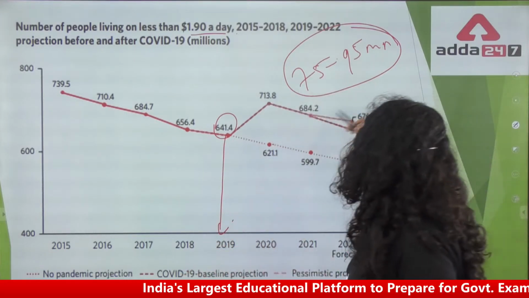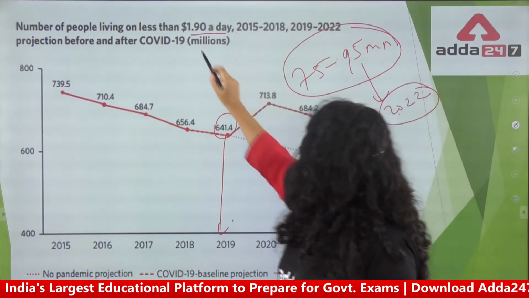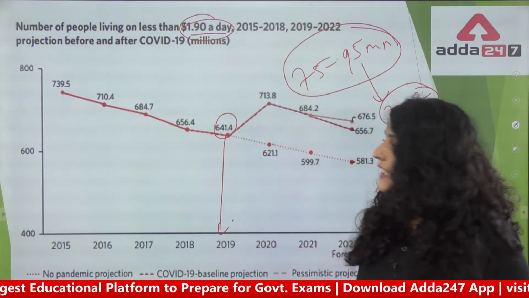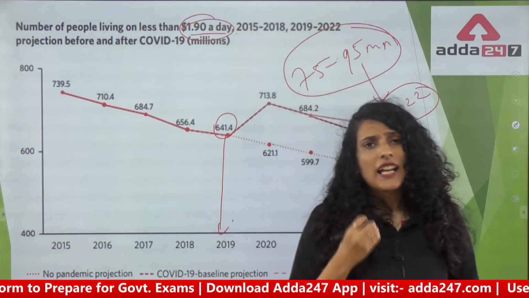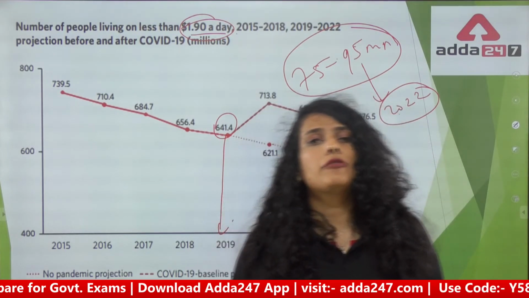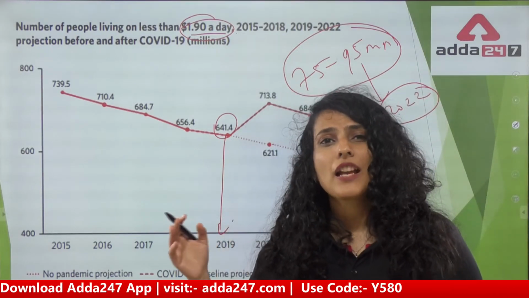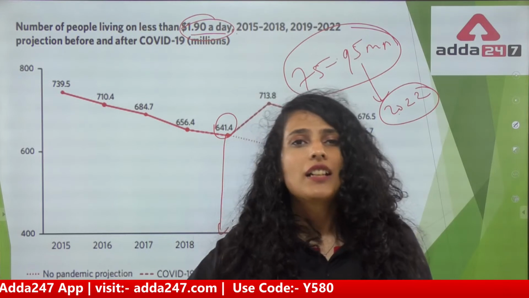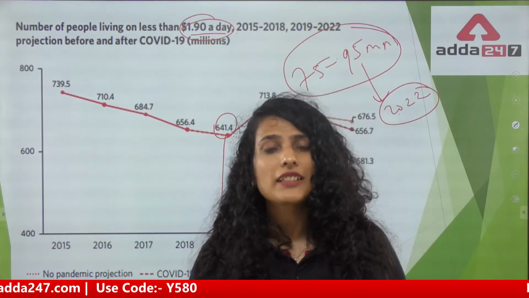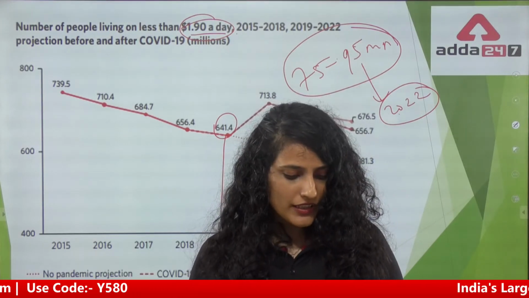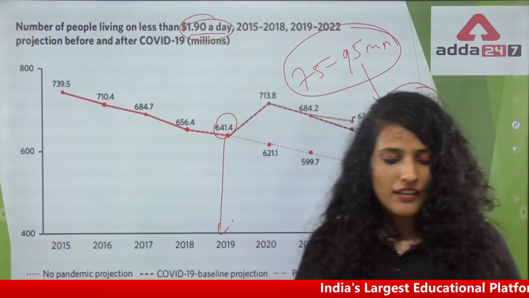2022 तक, according to the report, 95 million people will be living below $1.90 a day, and that pushes back the efforts on poverty. It has significantly pushed the efforts of poverty reduction in all the countries back by 4 years. मतलब कि 4 साल तक और हम लोगों को इस गोल के तरफ हमको पीछे आना पड़ गया, including India, right? So it is like a very, very daunting situation. The graphs are very scary